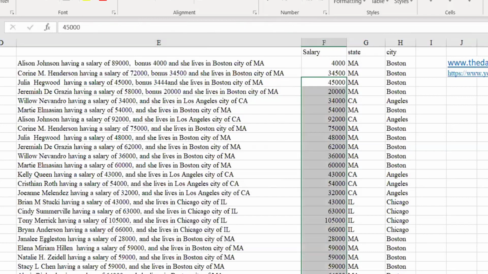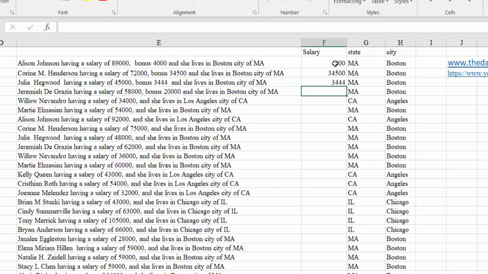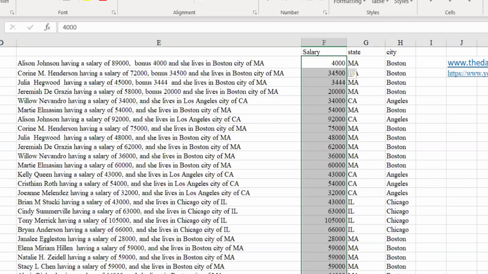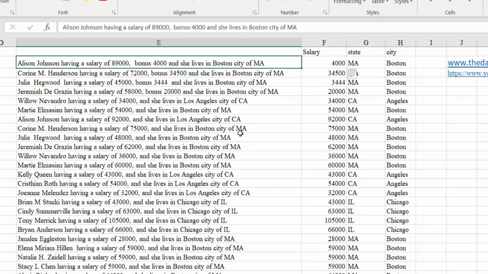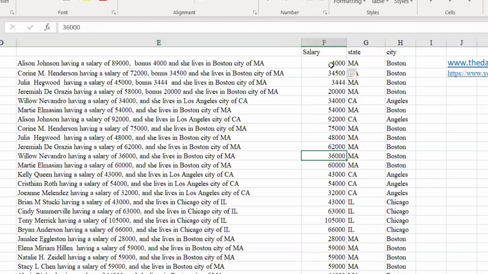We'll put one more here, 3, 4, 5. Yeah, it chooses the second pattern always, if it has it. So here 2000. If it is available, it is taking the second one. Otherwise it's taking the first one. So if you have the data like this in the same pattern, it will take it, because it knows that it's 4,000 here.